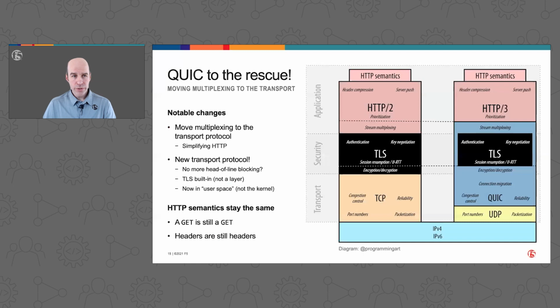So QUIC to the rescue, yes or no? Primarily it's moving the multiplexing part to the transport. And this has actually some nice benefits. So the multiplexing in HTTP2 means that HTTP2 is also a transport protocol. And really, I would drive this transport bit up into HTTP2. So by moving the multiplexing back into transport,